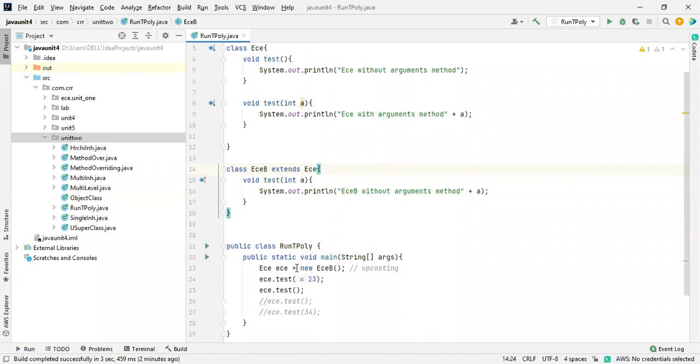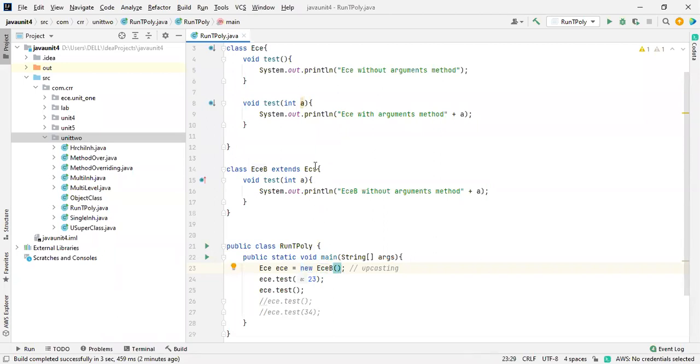When I upcast it and create this one, it will be inside the concept of memory creation by the Java Virtual Machine, inside a heap area. This will happen only at runtime, not at compile time.